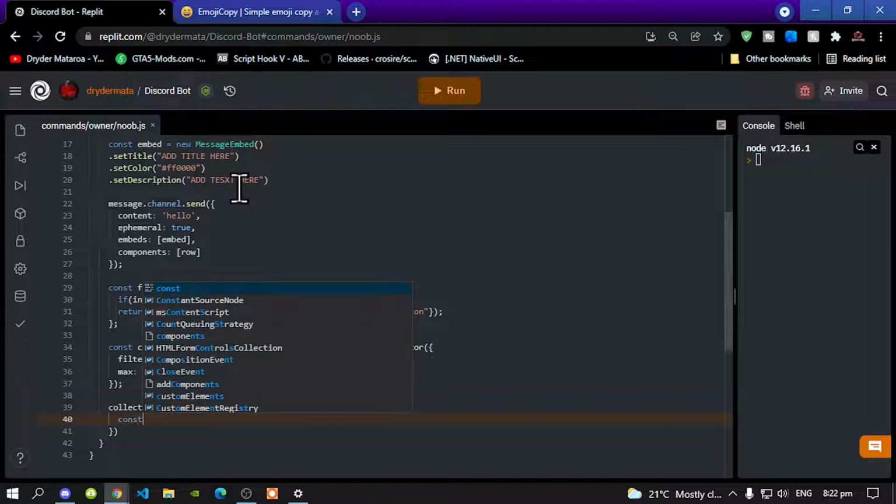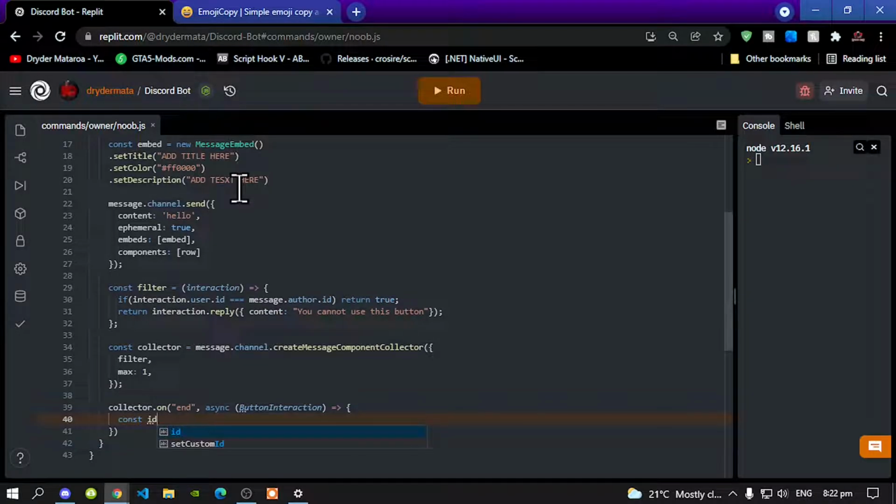So const ID equals button interaction dot first dot custom ID. We need to do the custom ID first. Sorry guys, we need to do the custom ID. So button interaction dot first dot custom ID, and then after that